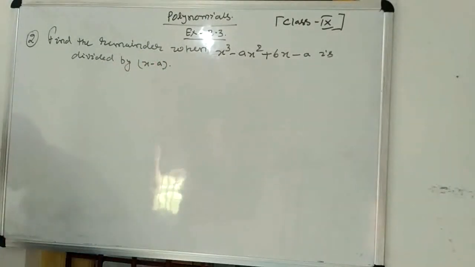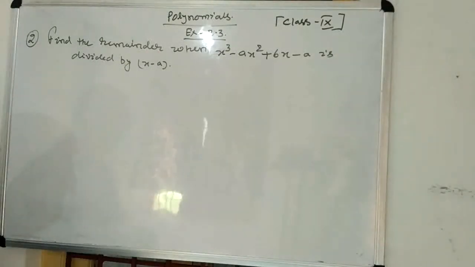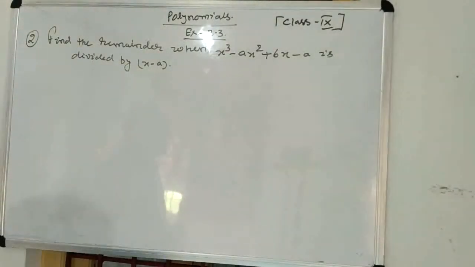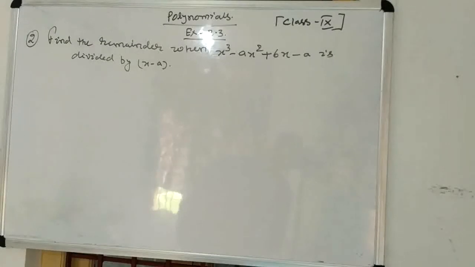This is the question. Question is what? Find the remainder. You need to find the remainder when the polynomial x cube minus ax square plus 6x minus a is divided by